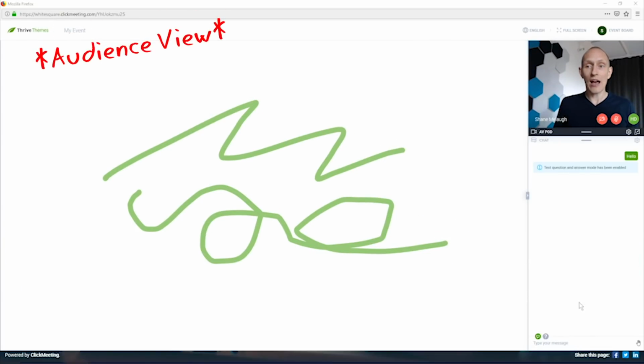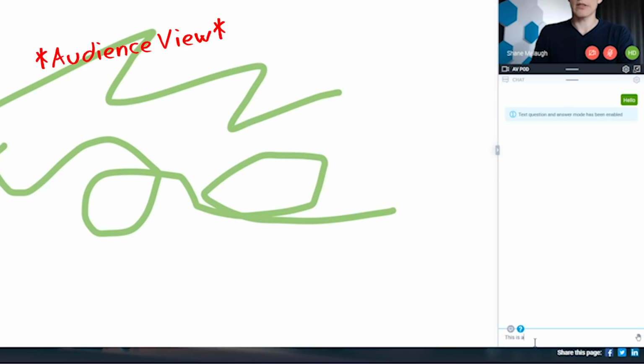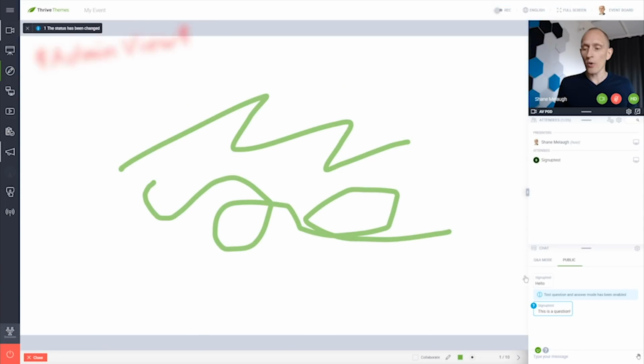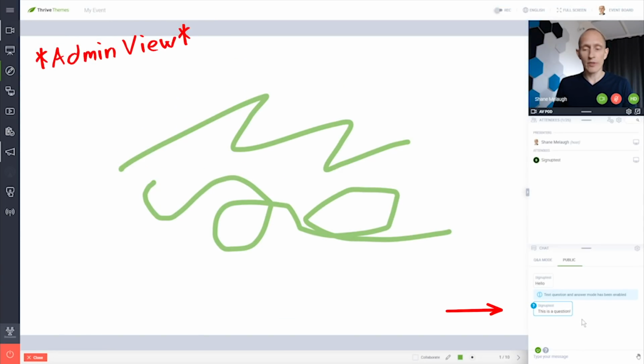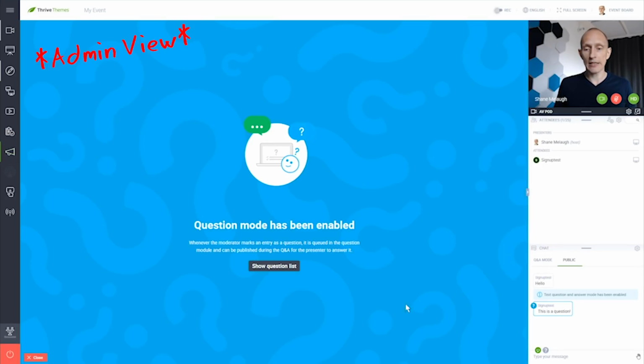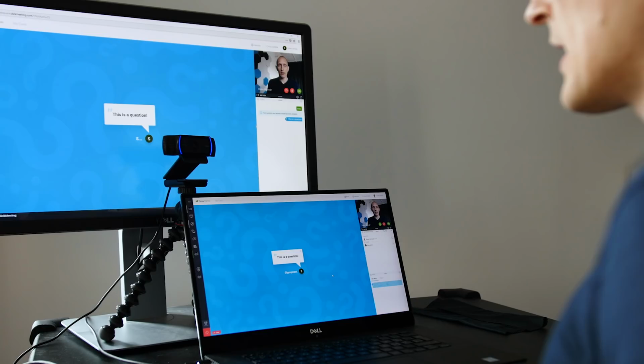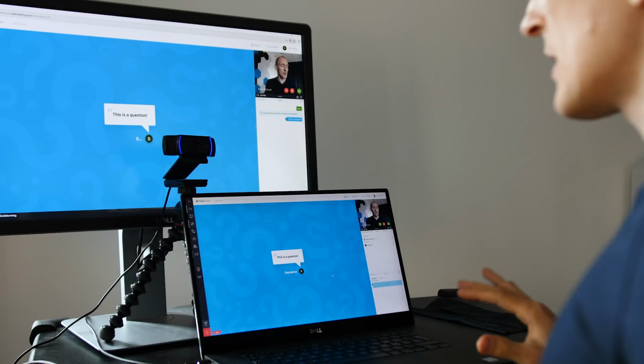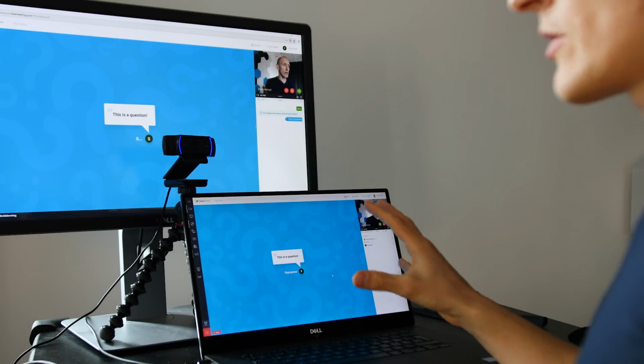And what this does is now there is a new interface for visitors where they can mark a message as a question. I can go, this is a question. And questions are highlighted in a different way with this blue border for the host. And if I go back here, I can select a question and display that. And this will show for everyone. So I can see this is the question, everyone has that on screen, and I can address that question. This is a great feature. It would just be nice if it was a bit more intuitive to get to the point where people can